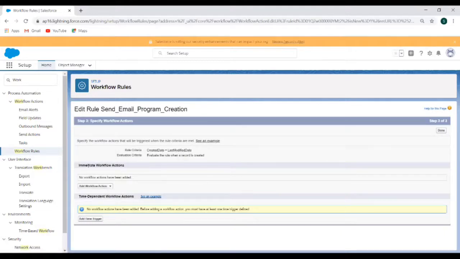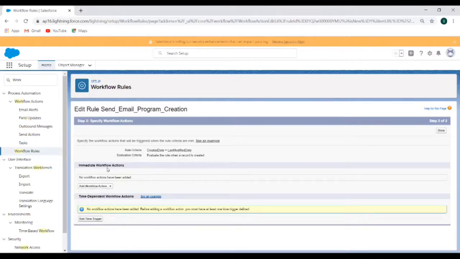And here you have the two options which we have talked about: immediate workflow actions or time dependent workflow actions. After defining the evaluation criteria and the rule criteria, you have an option to select whether this particular workflow action should be executed immediately or based on a particular time.